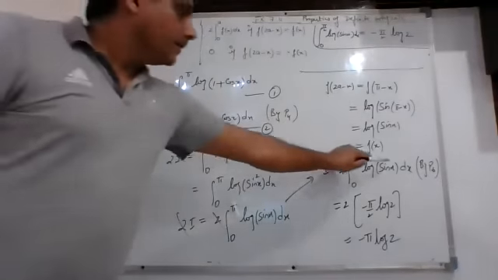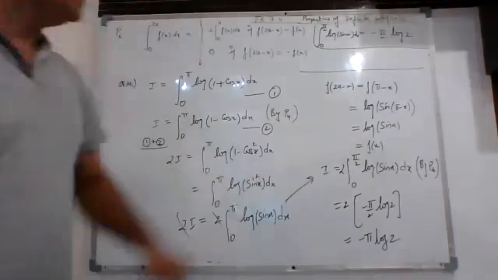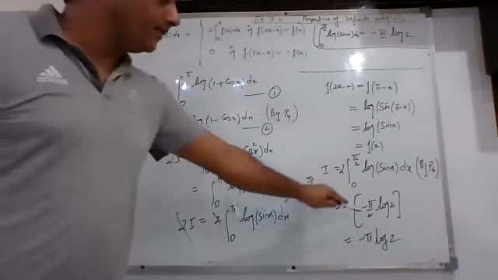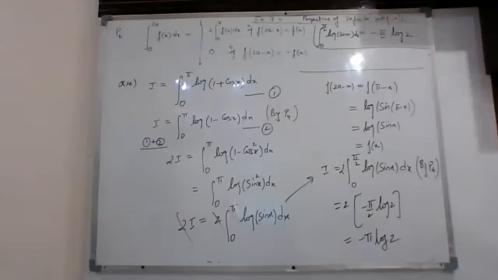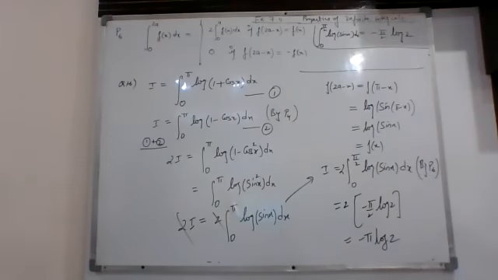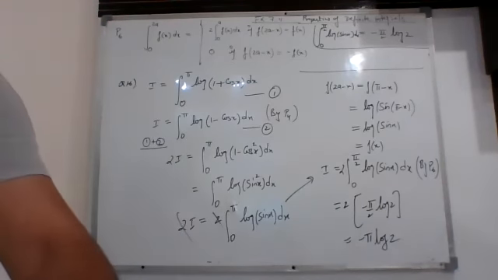Now, we had already solved this question where the answer was minus pi by 2 log 2. So I am just putting the value. This question will come for 6 marks and you have to prove that example properly. So here directly I am using that result. So this will be your final answer.